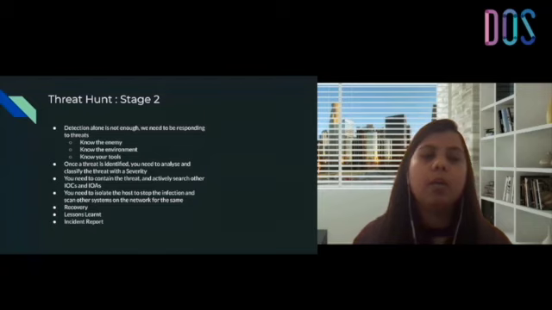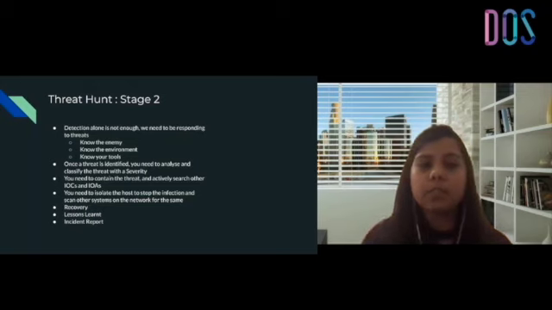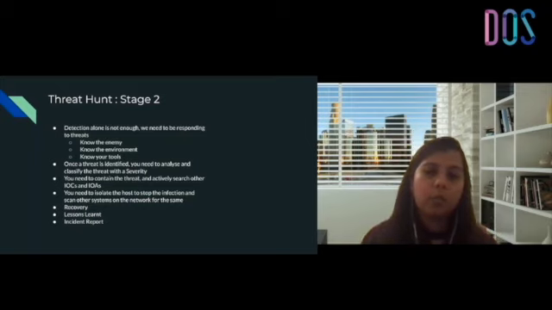If you actually have an EDR tool in place, even for a false positive, usually what they do is they isolate the host or the process which seems like a potential attack, and then you can analyze and mark whether it's a potential threat or not. So this brings us to stage 2, where we know detection